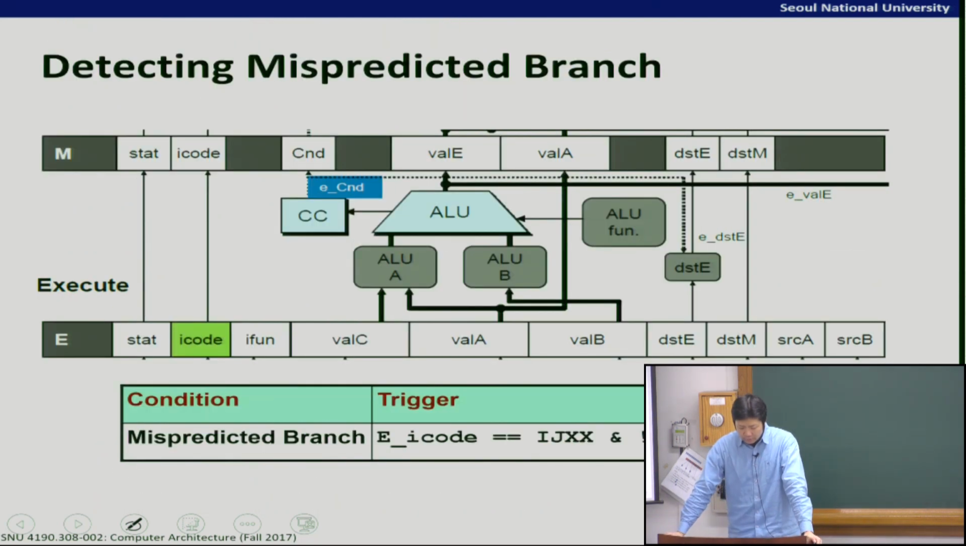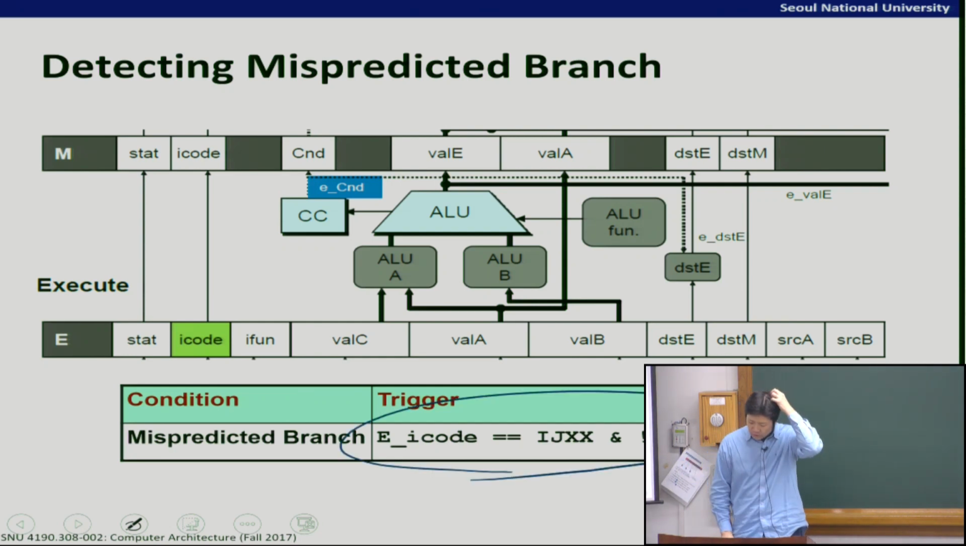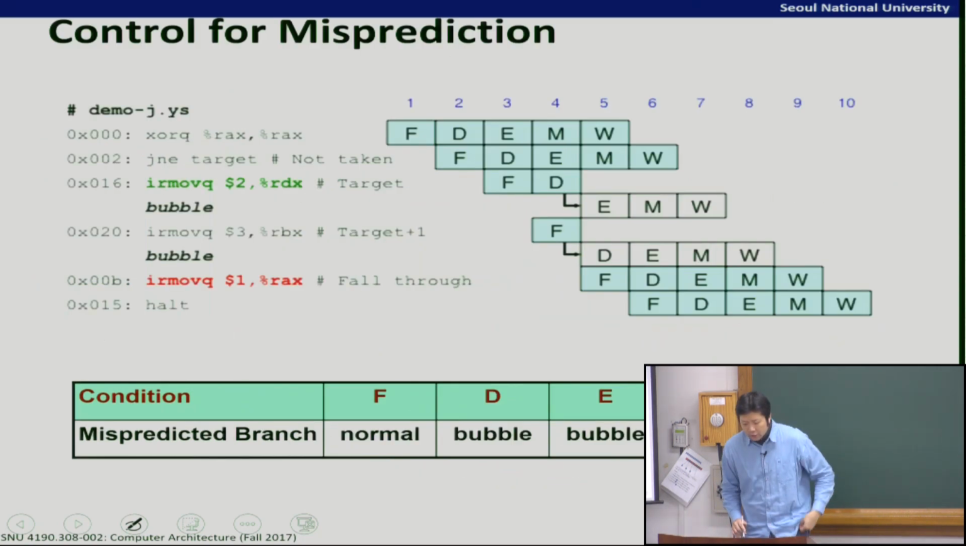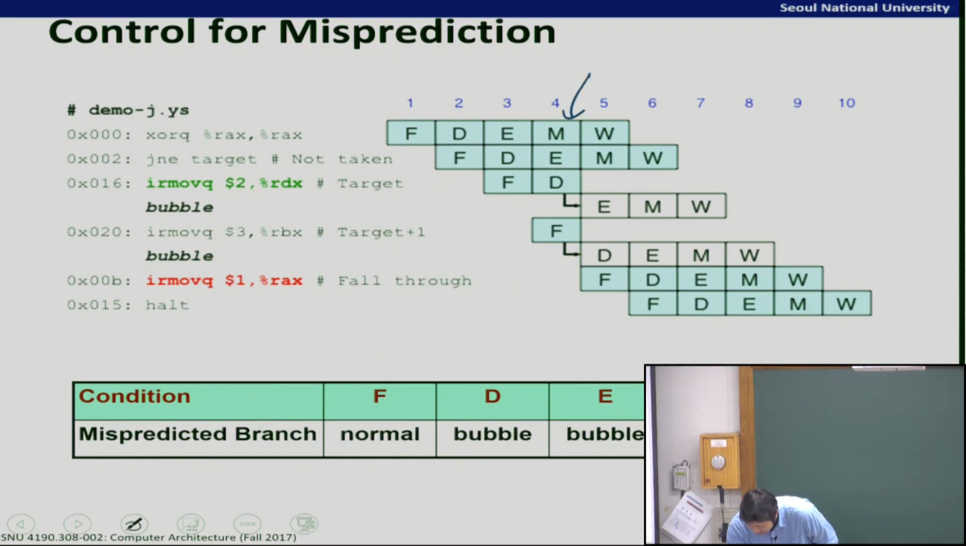So here is how we detect a branch misprediction. Here in the EX stage, let's say the current instruction in the execute stage is a branch, and the condition is not true, then we conclude that a misprediction happened, if this condition is satisfied in the E stage. So now we know that there's a misprediction. Then we need to take an action to correct this behavior. So if misprediction is detected at this cycle,